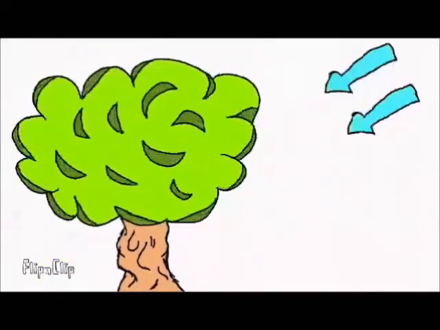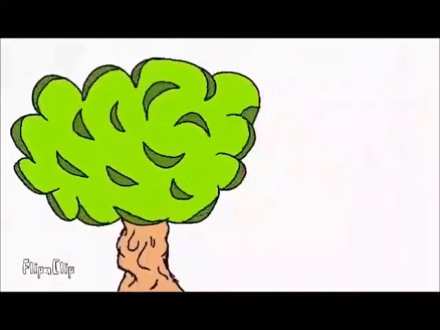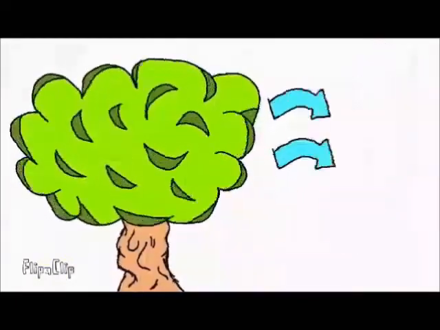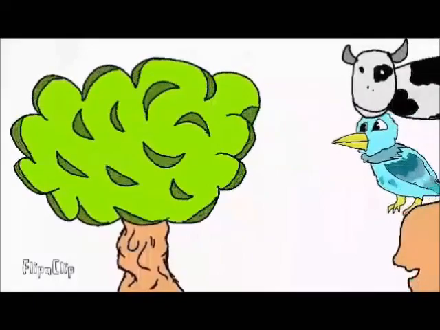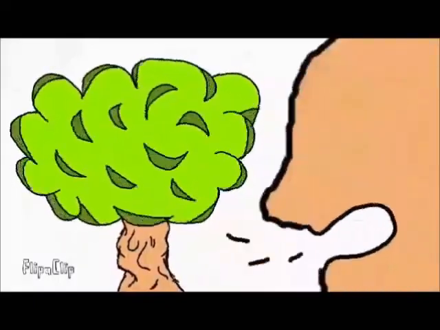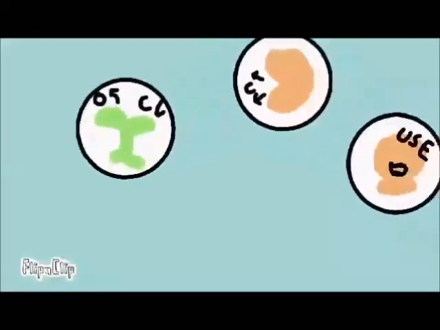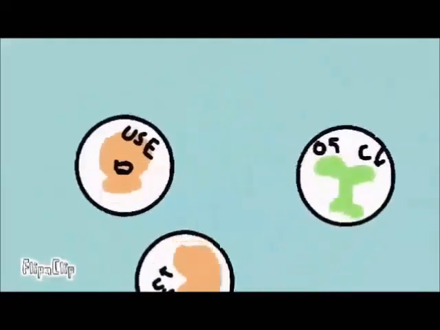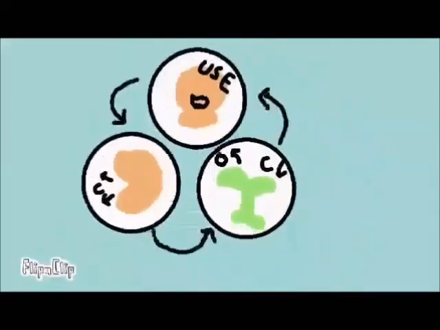Oxygen cycle. It starts with a plant getting carbon dioxide from the air and using it to perform photosynthesis to produce oxygen. Other organisms, such as humans, breathe oxygen and breathe out carbon dioxide. The tree uses sunlight and carbon dioxide to produce energy and release oxygen. The animals breathe in oxygen and breathe out carbon dioxide.